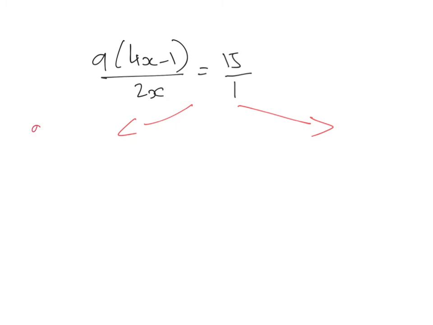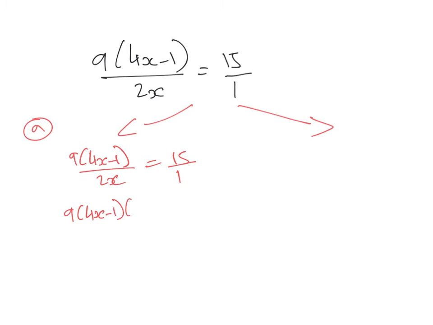So let's go option A here. So here we're just going to use cross multiplication. So essentially, we are going to go 9 lots of 4x subtract 1 over 2x equals 15 over 1. So we're going to say, first of all, 9 lots of 4x take 1 times 1 equals 15 times 2x. So we've cross-multiplied the denominators, okay? Now, we could, if we wanted to, multiply everything out. So 9 fours is 36x, take away 9